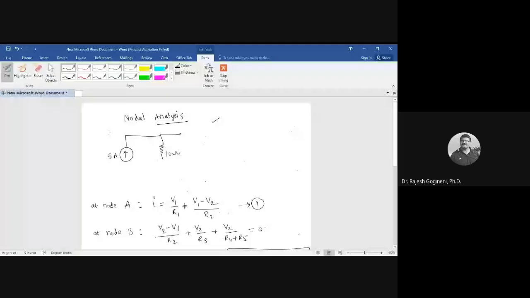10 ohm, 3 ohm, 5 ohm, which is same as I have taken in this example. The same kind of